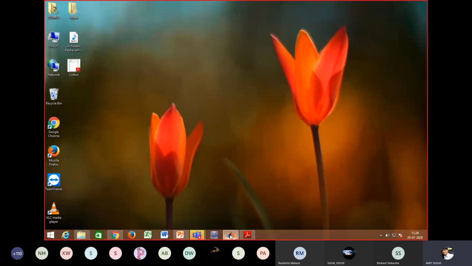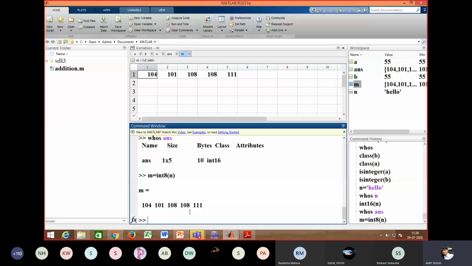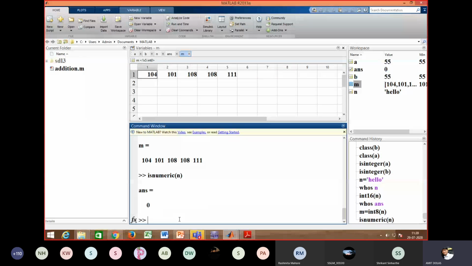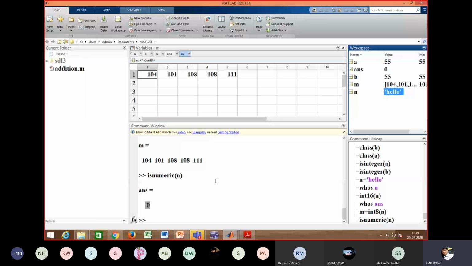Let's try this. Like I will say is numeric, and what I wanted to ask is whether variable n is numeric or not. It says no, it is false, 0, because what is stored in n? In n, hello world is stored, which is character.